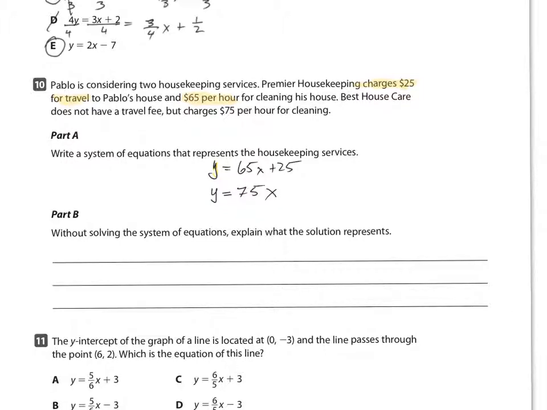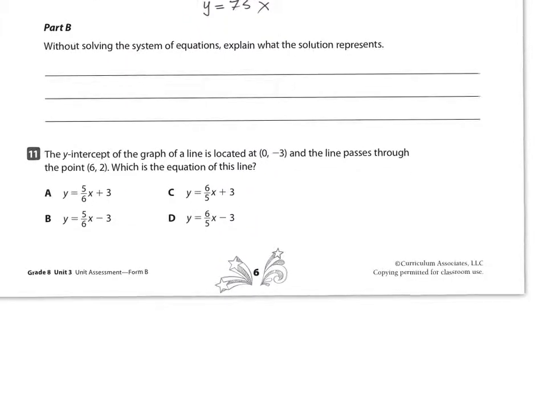It says, without solving the system of equations, explain what the solution represents. The solution will represent when the two companies will charge the same amount of money. Okay, so that will be your answer for part B. Now, part C says,